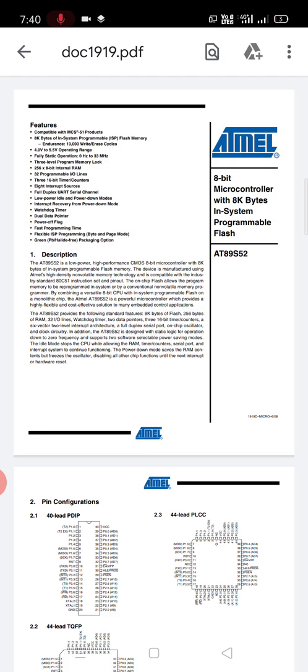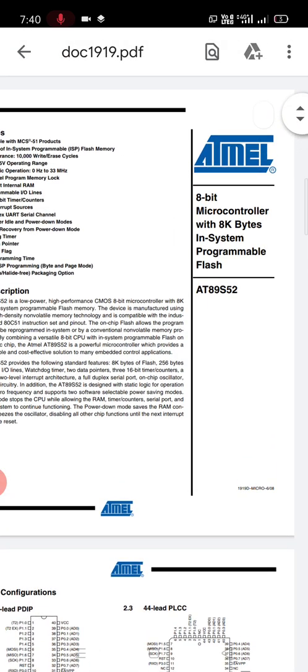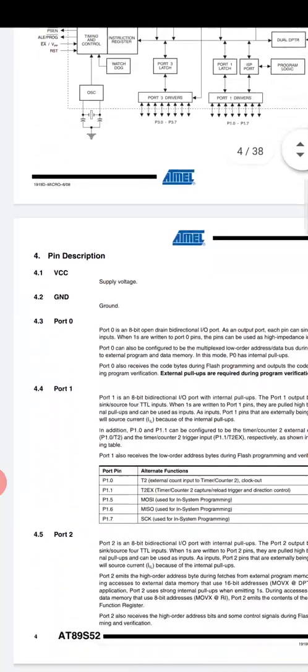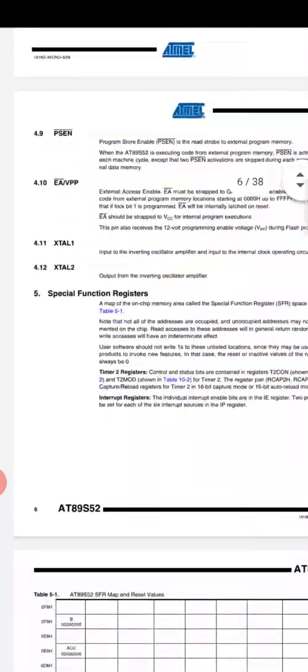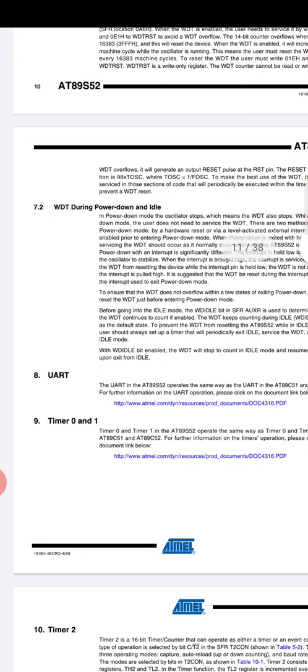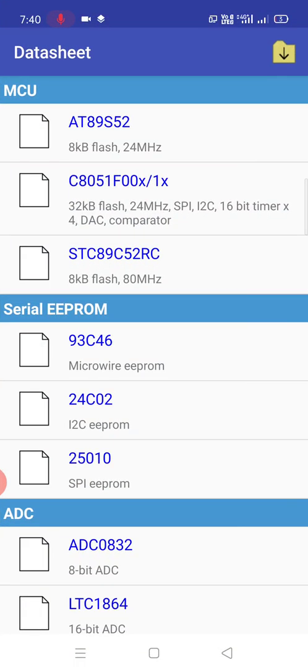This is the data sheet of the Atmel 8-bit microcontroller with 8 KB in-system programmable flash memory. Here the pin configuration, block diagram, and pin description are given.